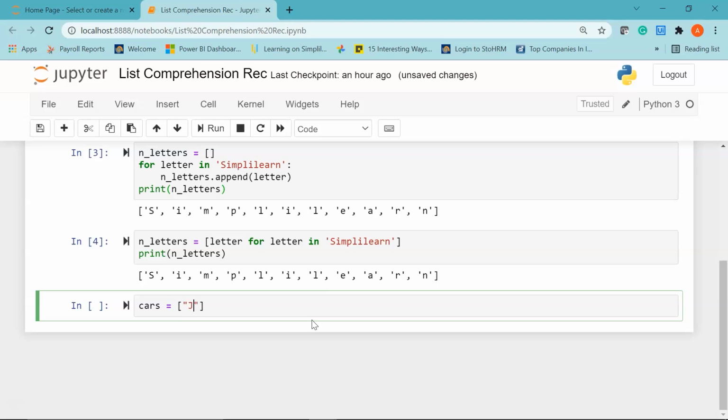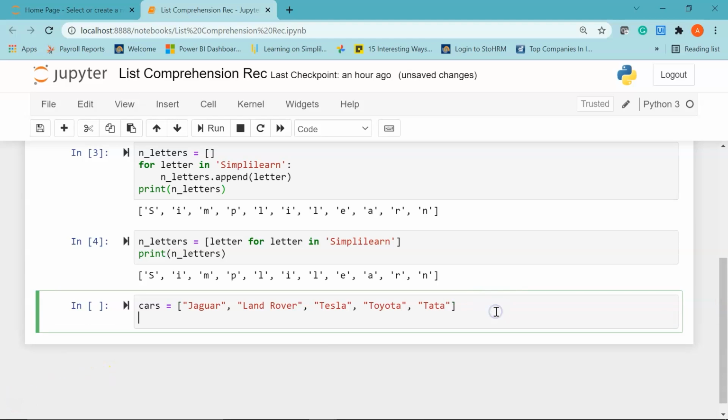Let's say we have Jaguar, then we have Land Rover. Next, let's say we have Tesla. After that, let's say we have Toyota, and then we have Tata. Cool.